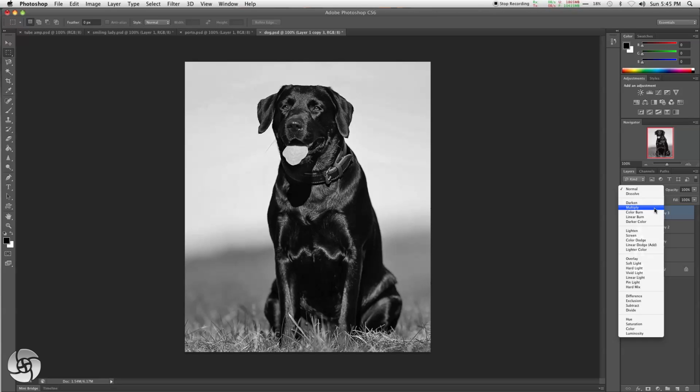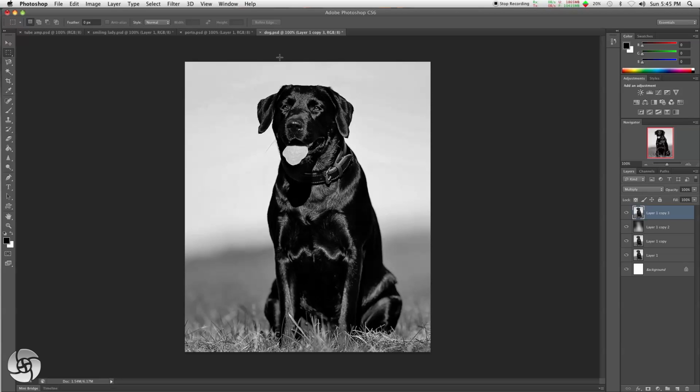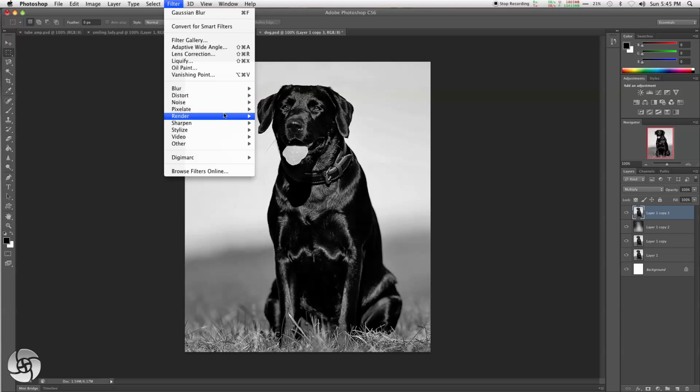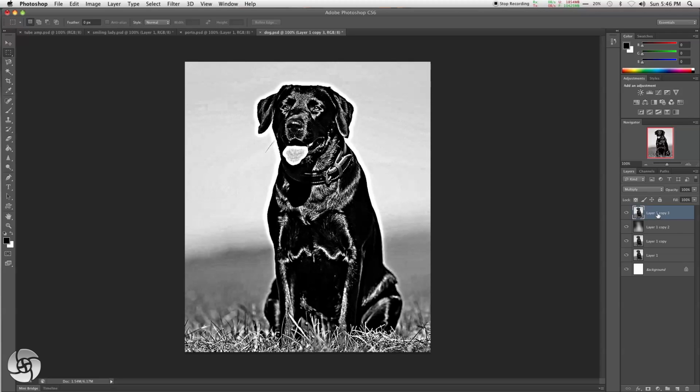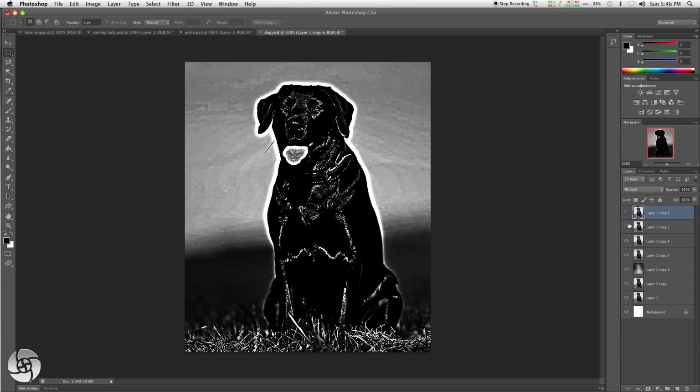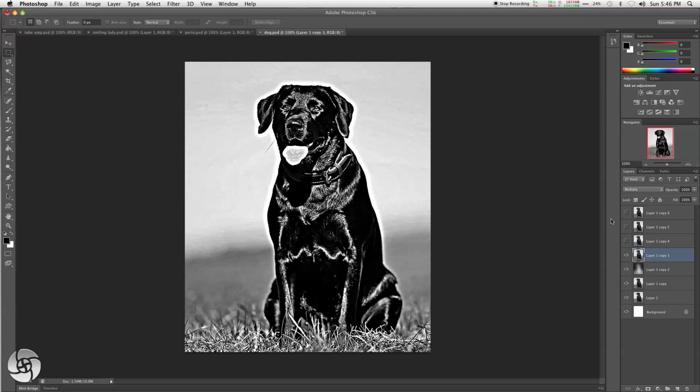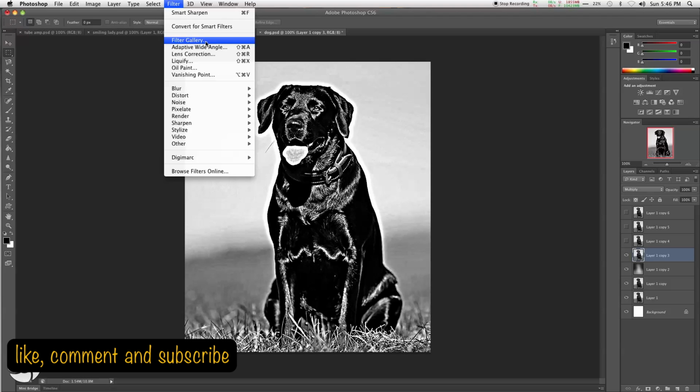So next layer we are going to change it to multiply, and we are going to sharpen the picture. So smart sharpen filter, and we abuse a little bit here in the values, so before and after, much more detail. We need 3 more copies. Command J or Control J,